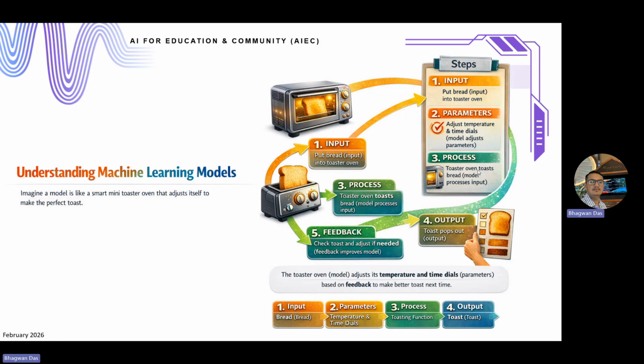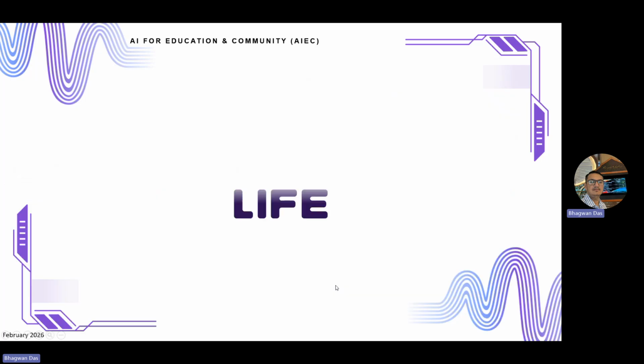So in artificial intelligence, the entire AI is based mainly on two things. One is called the data. The second one is called the model. Data works as an input, and parameters are fed into the model. Accordingly, the information is processed, and based on this, we get the output. If the output is not good, using the feedback, we adjust the outcomes as well. This is the importance of machine learning models and the data.